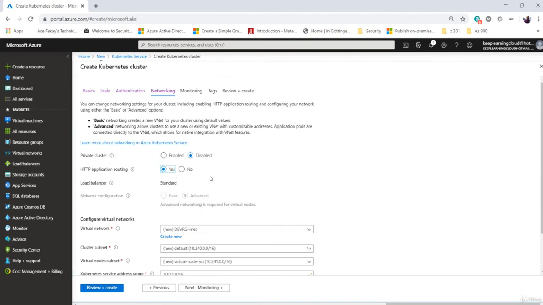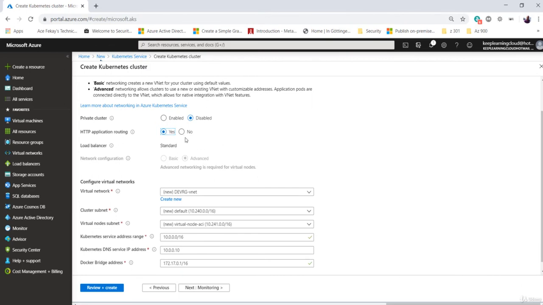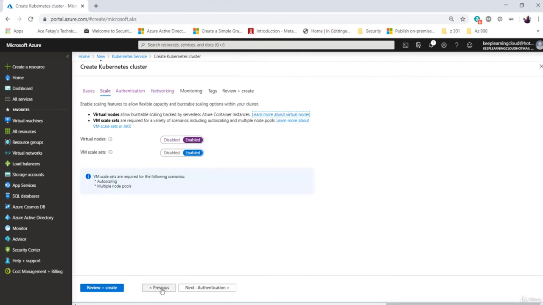All right, I'll leave it as yes. The load balancer type is standard in this case. By default, I've got the network configuration switched to advanced, and that means that I will have the options to create my own virtual network. What does that mean? It means that you're hosting your Kubernetes cluster in one of the subnets that you're defining here. You cannot toggle it back to basic now because if you flip back to one of the previous sections,